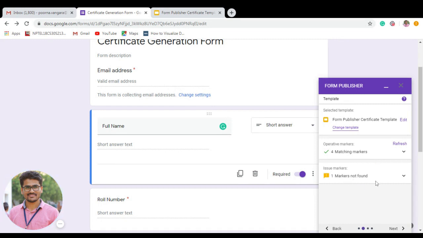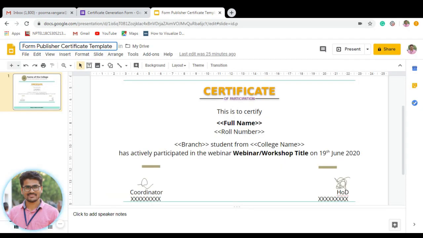One is not found, which is the other question, the feedback question, rate the session. That is for our feedback purpose. We used only the first 4 fields to generate the certificate, so that is the reason it shows 4 matching markers.